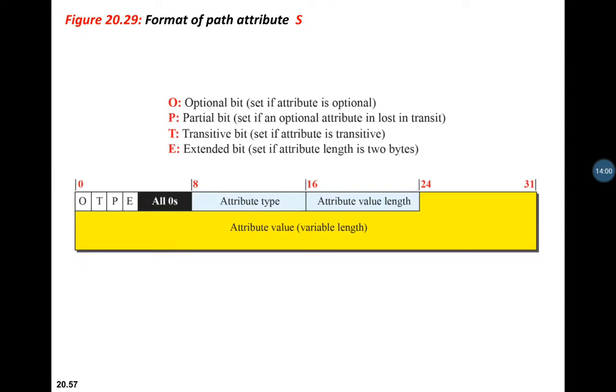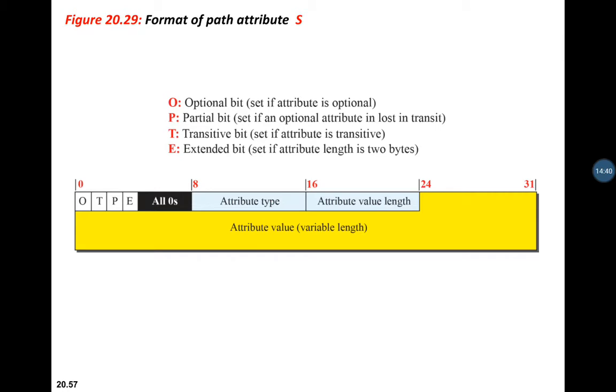Now next we'll see about the different attribute types. We have type 1, type 2, type 3, type 4, type 5. These are the different types of the path attributes. First is the origin, which is type 1, said to be a well-known mandatory attribute, which defines the source. As the name tells, origin defines the source of the routing information. This attribute can be defined by 3 values, 1, 2, 3. Value 1 tells the information about the path has been taken, 2 means information comes from the border gateway protocol, and 3 means it comes from an unknown source.